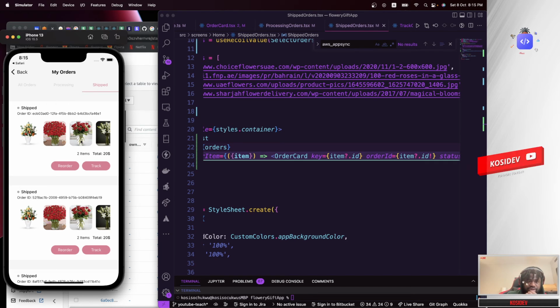So let's see what else we need to change. So items count, see this says 2 items, this says total $20. So we need to be able to fix the 2 items and the